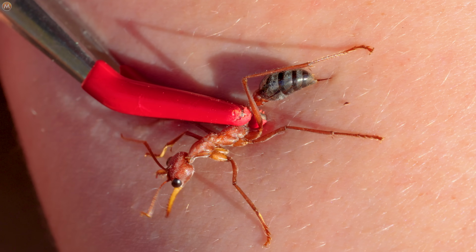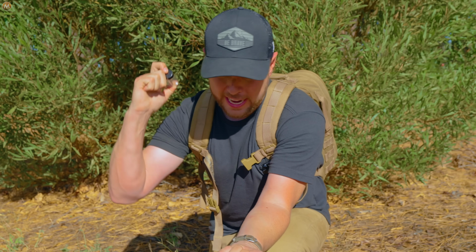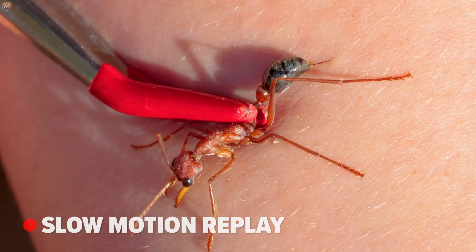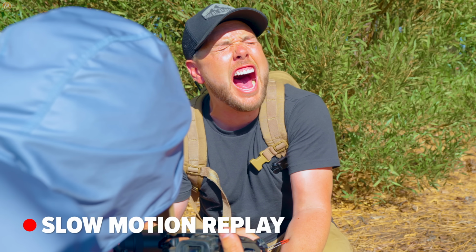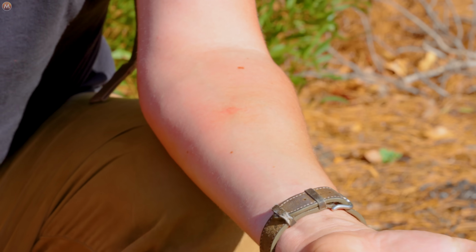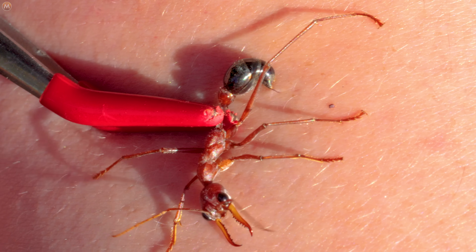But holy cow, that sting is like a hammer. It's like somebody literally just took a hammer and went wham! Instantaneous pain. Not even a small delay. As soon as the stinger touched my skin, boom, it was on. Oh, I hope you enjoyed that one, because I don't think I want to go arm to stinger again with